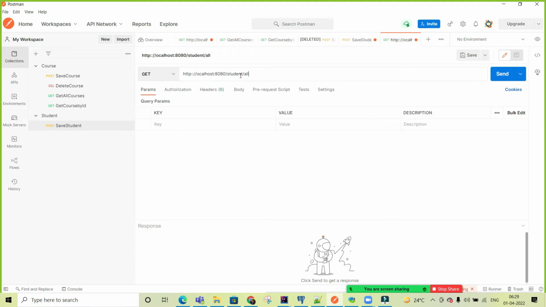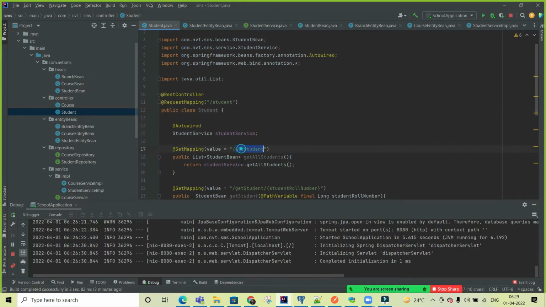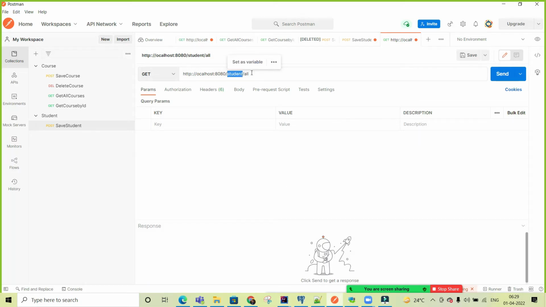Let me check student and what the mapping is over there. The mapping should be all student. Whatever the mapping is, it should match. Whenever the GET method is hit, you should get all the values.